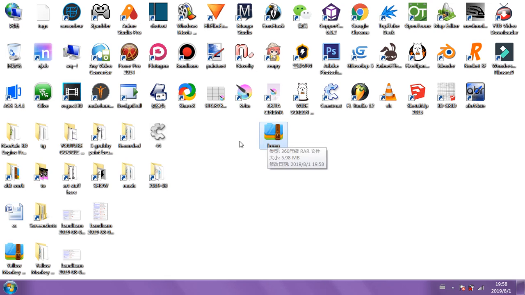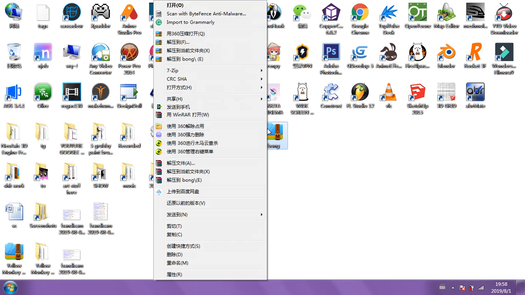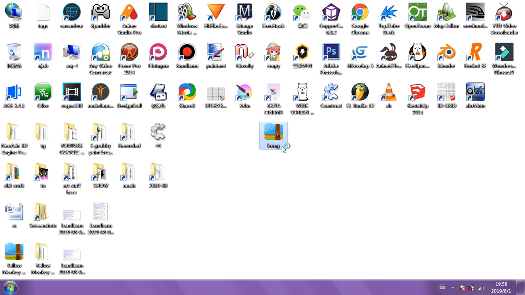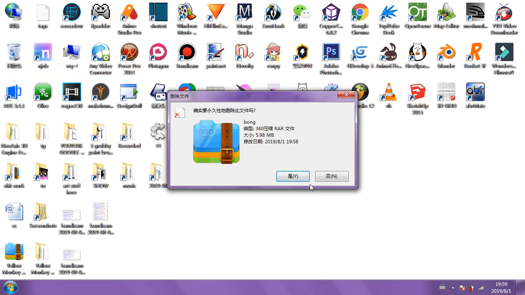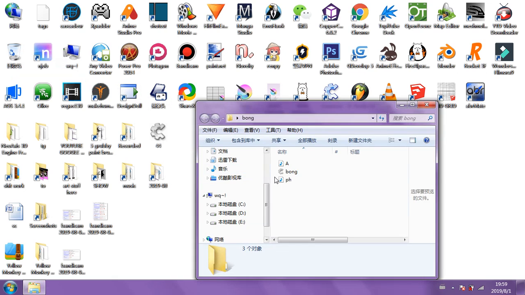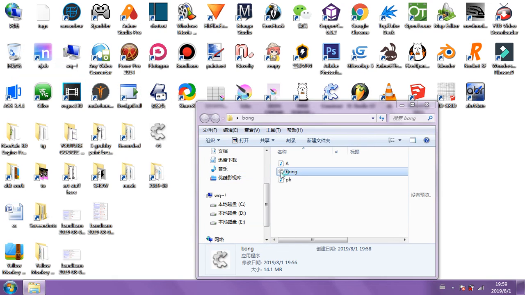I'm going to receive this in my email. What's this, man? This is a Christmas gift from Richard Clark. I right click on it, and I open it up with this X for extract. You just extract the contents, which is just a folder. Guess which one? That's right, it's this one. Bong, that's what it says. That's what the game is right there. I don't need to keep that anymore. And when I go inside here, I'm going to double click on bong and we're going to play the game.